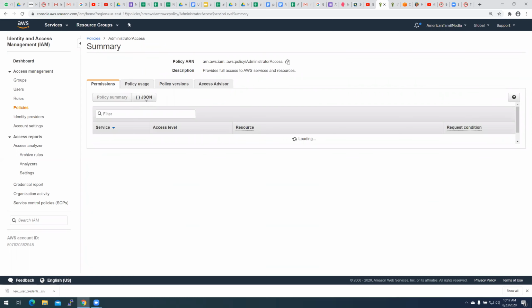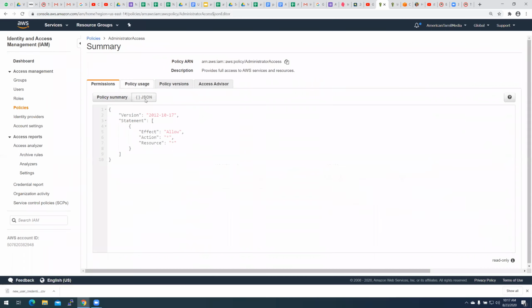To see what a policy looks like inside, you click on the JSON. There are three important things in a policy statement. Effect is allow or deny.